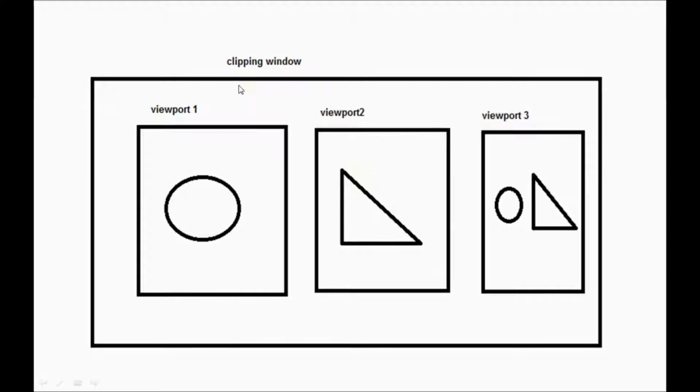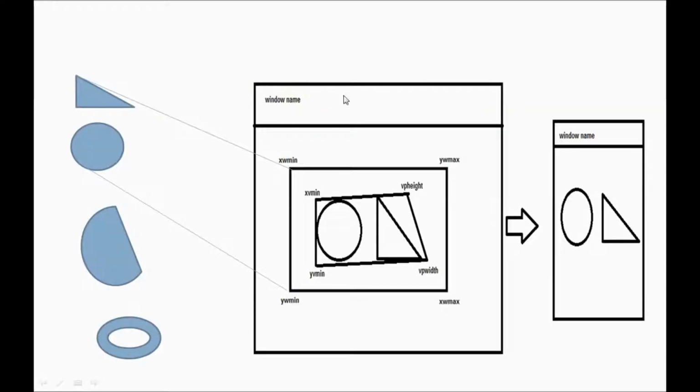Getting it, guys? So the first thing, the display window will be there. Within the display window I will display the object. To display the object I need a clipping window and a viewport. The clipping window tells what to be displayed. You can see here I am displaying these 2 objects, and the viewport tells where to be displayed. You can display in whichever place you want inside the clipping window. The object needs to be inside the clipping window to be displayed, right?